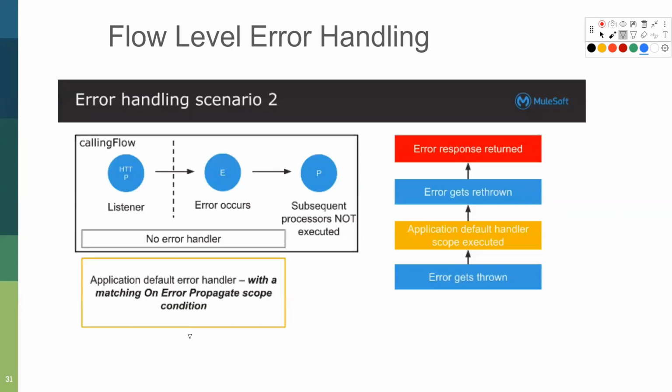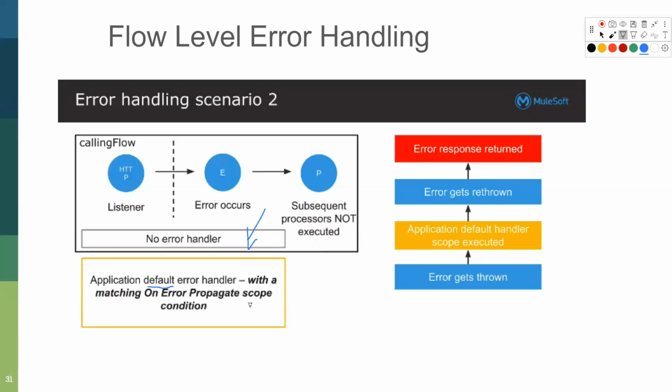The second one, see this one. In here, in the flow level error handler, we don't have any error handling scopes. However, we have the application level default error handler. By the way, the word default, I'm using it with the application level because the application level is also default.